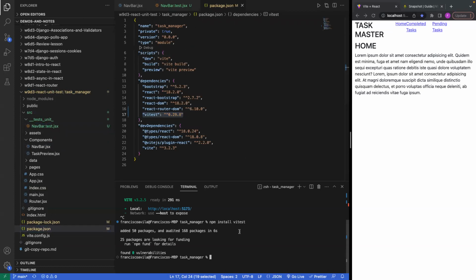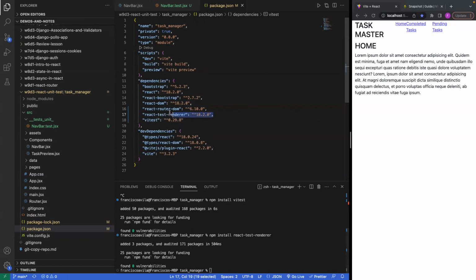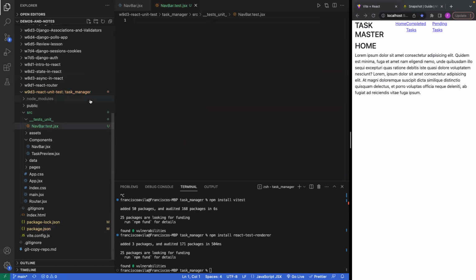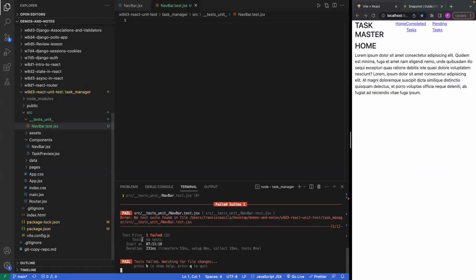And we also want to install React TestRenderer. So we'll go npm install react-test-renderer. And now we see React TestRenderer as well. So now we have both of these, and we could actually put Vitest as one of our scripts. So we'll name it test, and it will use the vitest command. Okay, awesome. So now if I run npm test inside of my project, we'll see it goes into Vitest, and